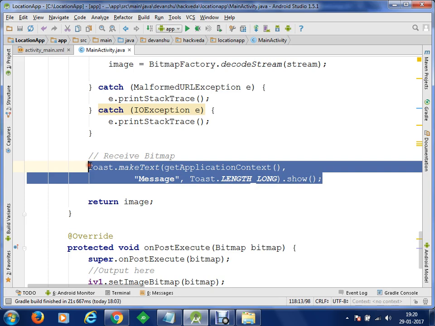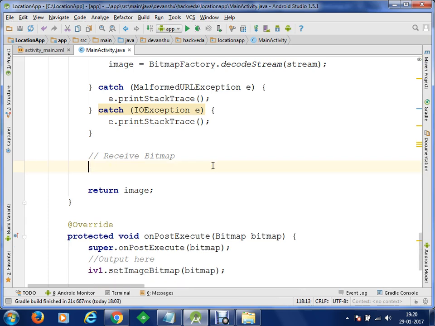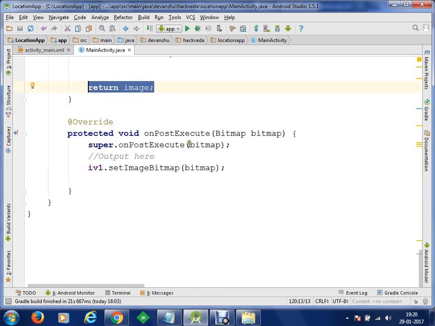So we will just remove it. In case you want to log some things here, you can use the Log class and log your output, whatever is being executed. Once the execution has been done, you can return your data, and your data can be received in onPostExecute. Then you can display that data on your controls. So you can save it, run the program on a device, and you will see your mobile phone displaying the image.